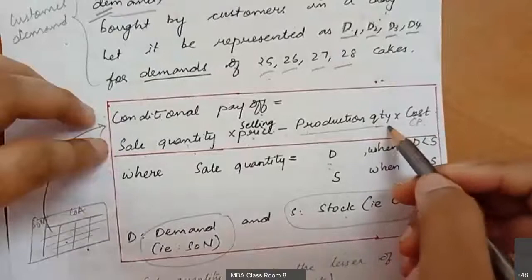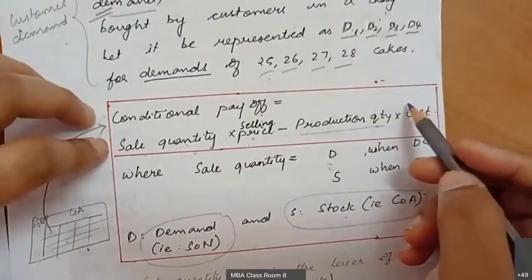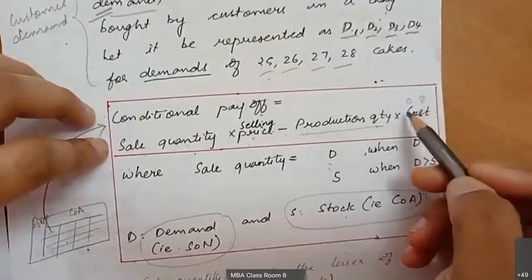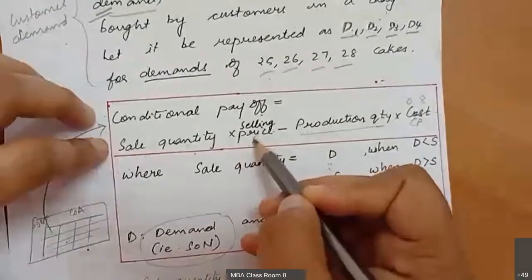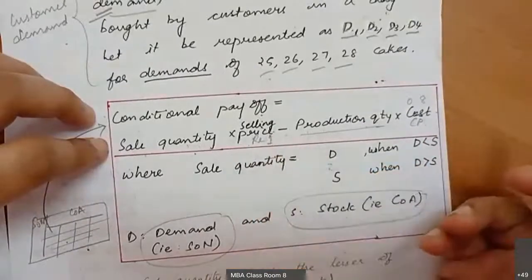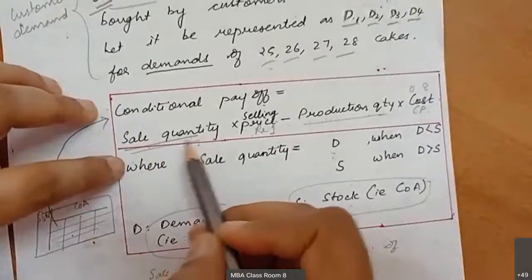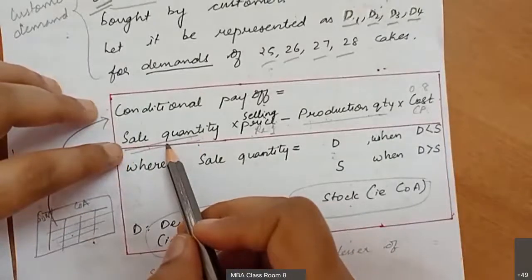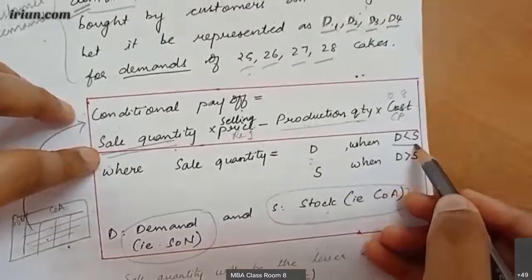He is buying 26 cakes from a wholesaler. For how many rupees? 0.8 is given in the question, so 0.8 is the cost price, and he sells each for ₹1, which is the selling price. Now how will you decide the sale quantity? When the demand is lesser than the supply or the stock,